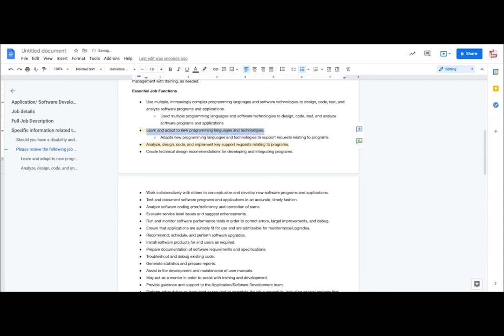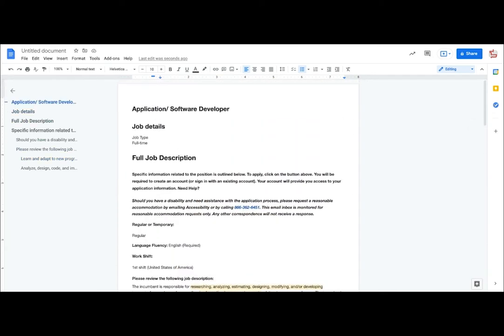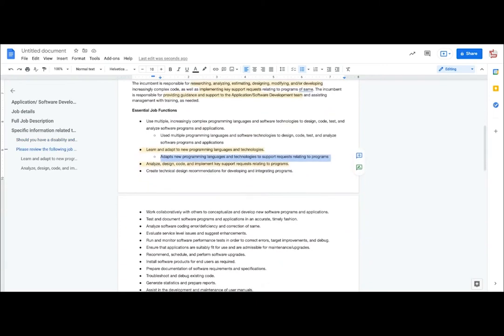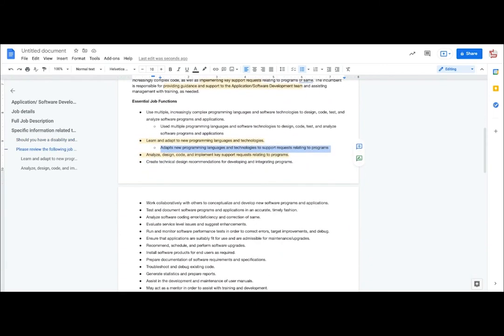We took those two and we have combined it to make a new one. You'll want to make sure that it makes sense. I am not an application or software developer. I'm just trying to show you the writing tricks for how to do this. So I'm sorry if this doesn't make 100% perfect sense, but I'm just trying to show you how you